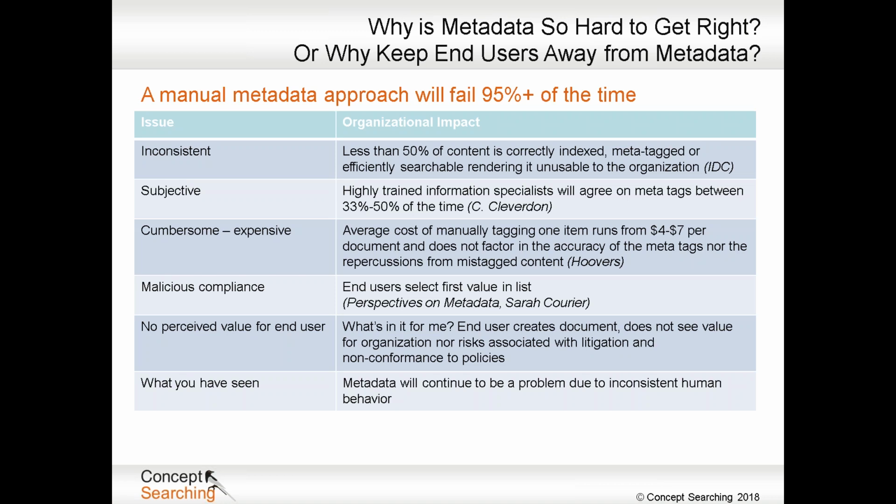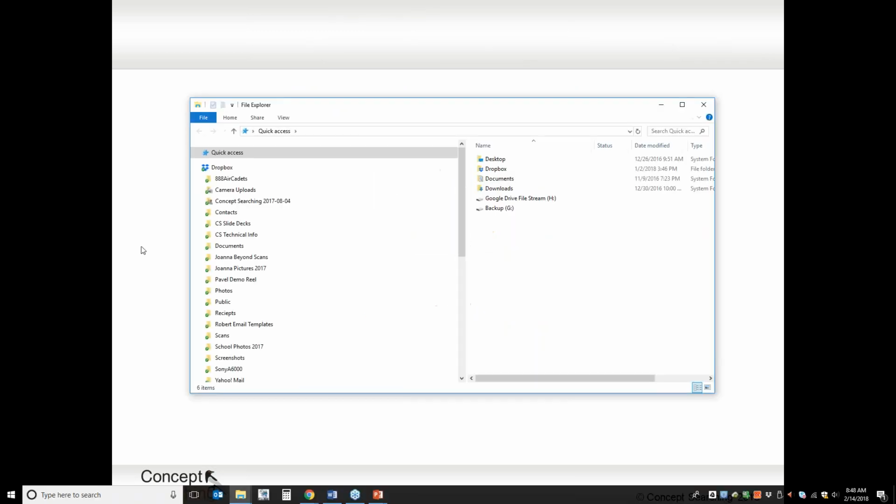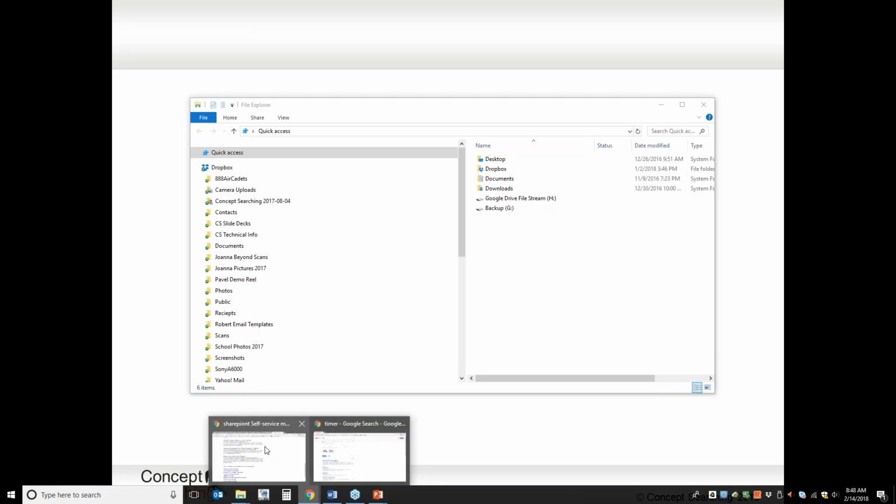And really, this is not going to change. We can train our users, we can plead with our users, but ideally, we're not going to get any change with it until we remove that task from the end users. So how do you build a taxonomy? I'm just going to jump out and show you what we do with concept searching, and that should probably give you some idea on how